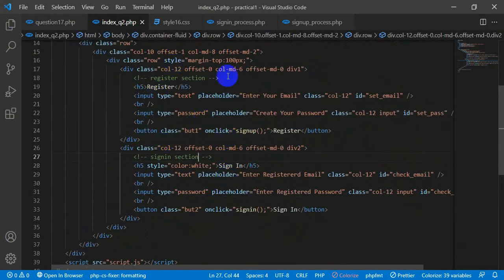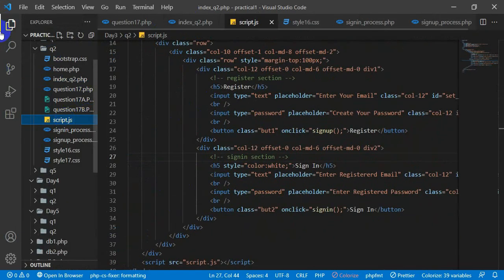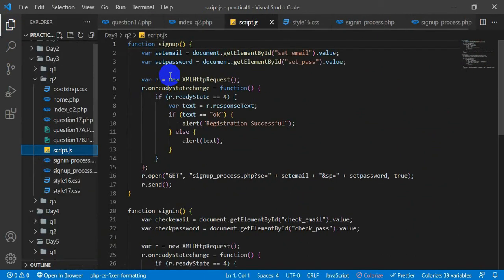Once you are completely registered, you can sign in yourself. That part is fully done using Ajax. Ajax is a JavaScript technique where you don't reload the page, but you share variables between a fixed web page and other custom web pages.